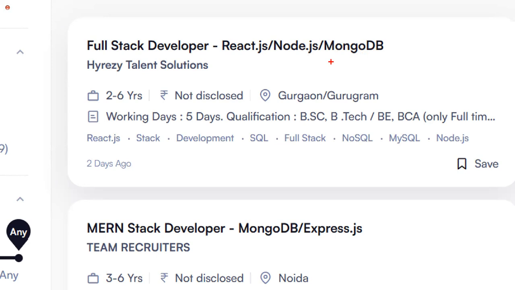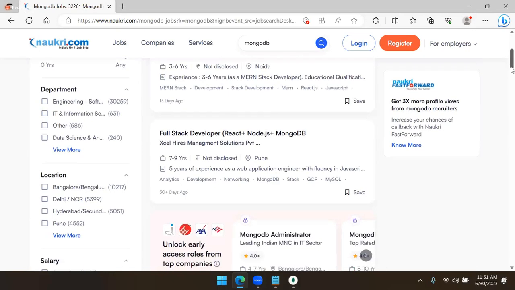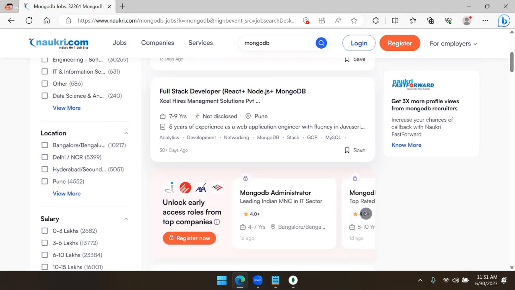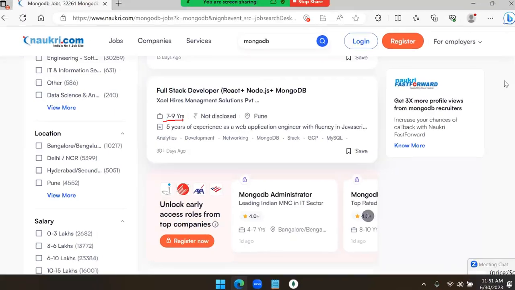And when they ask for this MongoDB, I told you SQL and NoSQL, right? So what they additionally are, these are all experience. You see React, Node, MongoDB, 7 to 9 years of experience, right? For fresher,